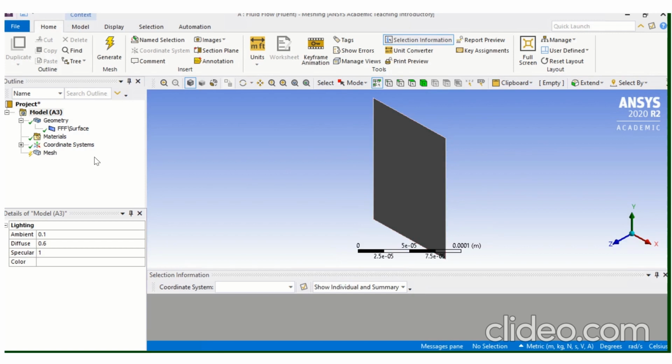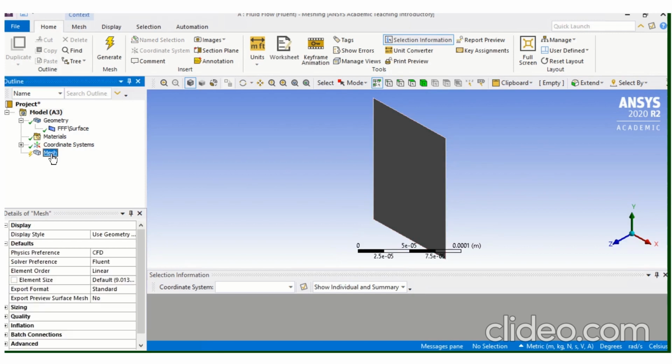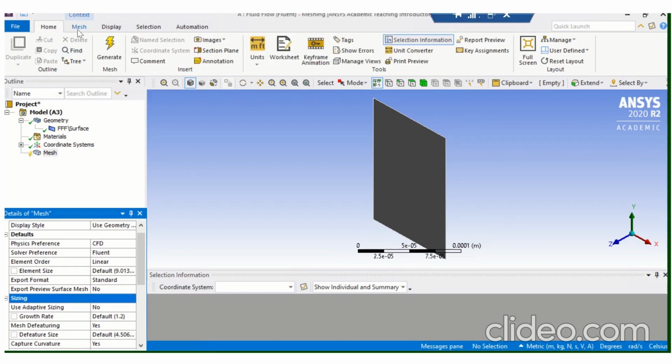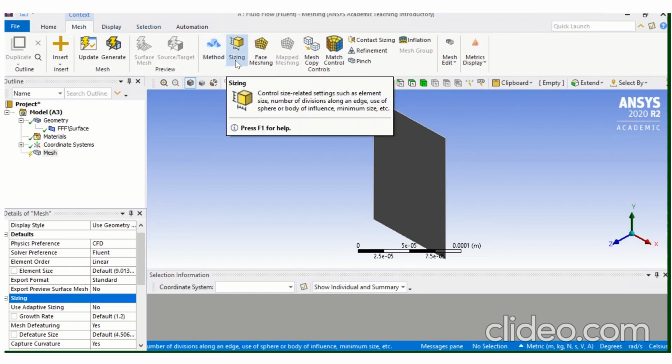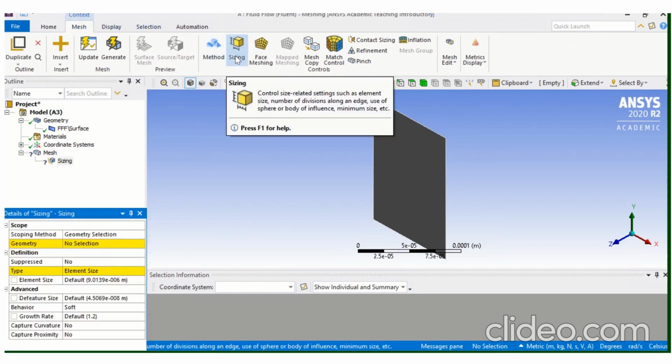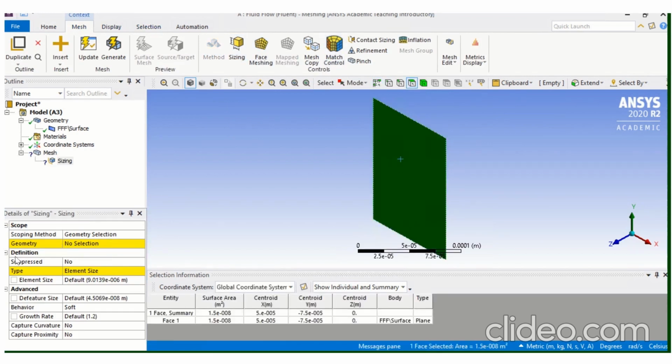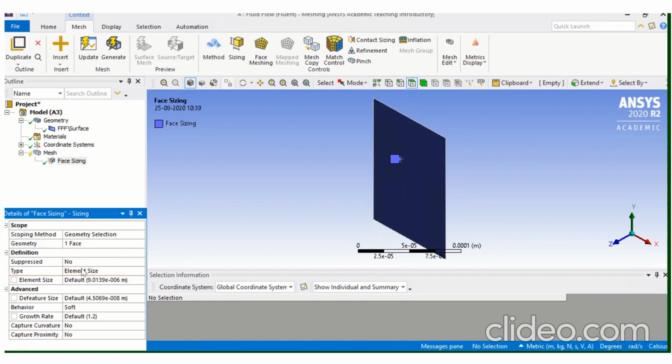What you have to do is check once whether the use adaptive sizing is set to no. If it is no, then you have to go to the mesh, click on sizing, then click on face, select the face and apply. After that you have to give the element size.